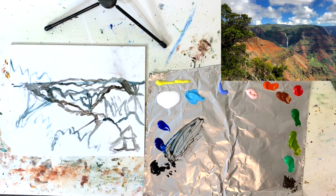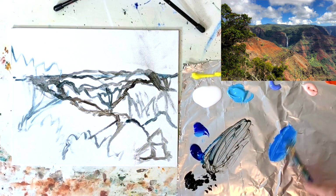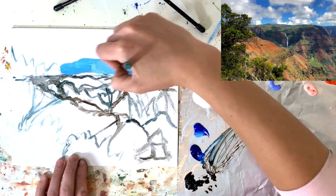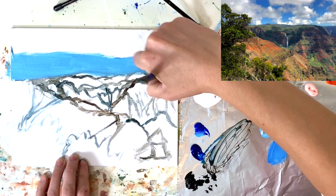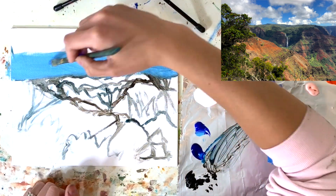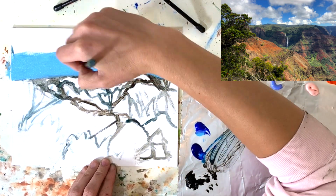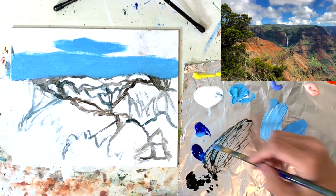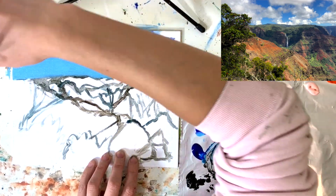After I got it sketched out quickly, I started to fill in the background, which is my sky, and I started out with that warmer blue, that sky blue mixed with some white, and then added more of my cobalt blue as I moved farther up into the sky, using a flat-tipped brush, just making back and forth brush strokes, blending my colors in and moving up, getting darker as the sky is getting higher up to the top of the